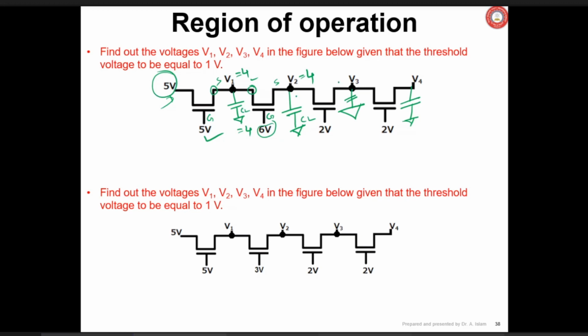Next, VGS is how much? 2 volt. So it can charge up to 1 volt, because if it tries to be more than 1 volt, then this MOSFET will be off. Yes or no? Harsh Tripathi. Yes, sir. Then here also VGS is 2 volt. It can charge up to 1 volt. Beyond that, it cannot charge. So 4, 4, 1, 1.